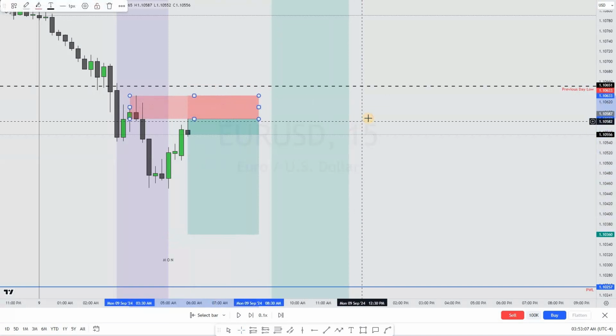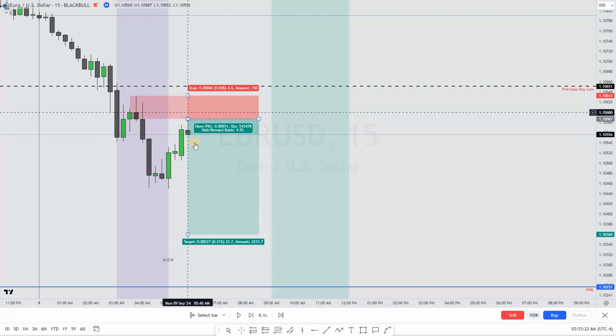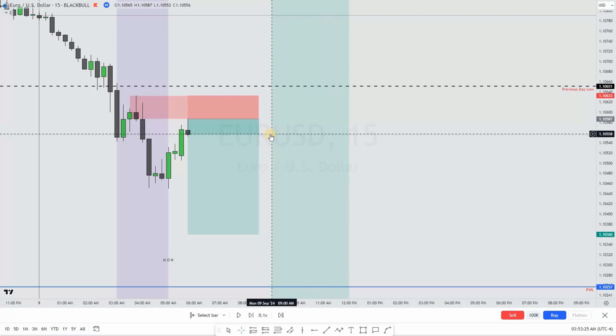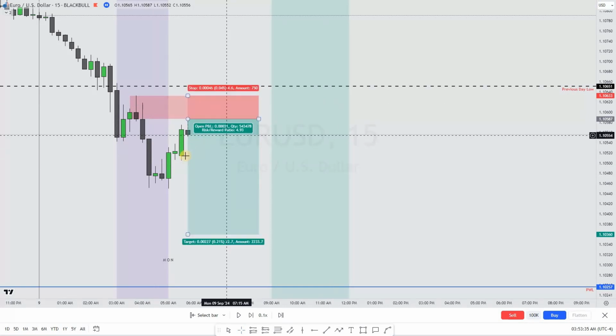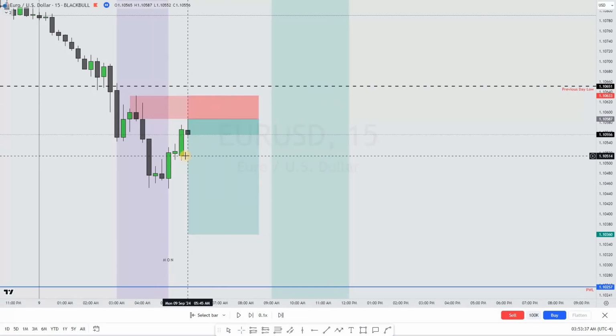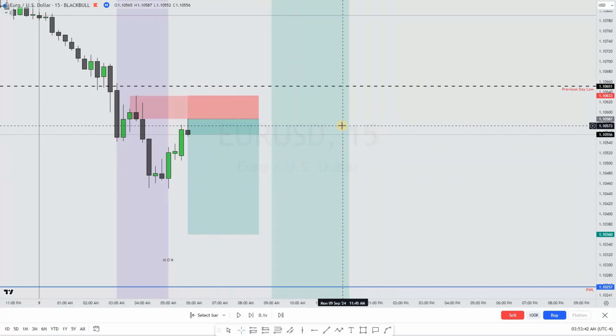Now the other thing that I've noticed with these type of entries, price will not trigger you in TradingView. Like if you're doing a TradingView paper trade, it will not trigger you like this. It has to retrace deep and then it will trigger you. So you have to pay attention to that. Like paper trade on here, it will not trigger you, but on your broker, it will trigger you. So yeah, I was triggered here at 5:45 a.m. And again, there was no news on this day, so I was confident to hold the trade.